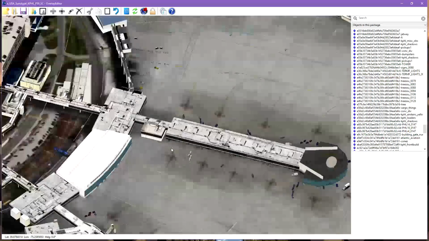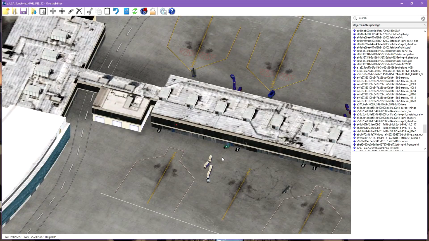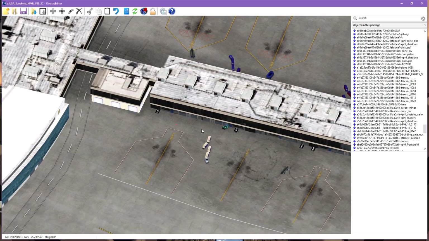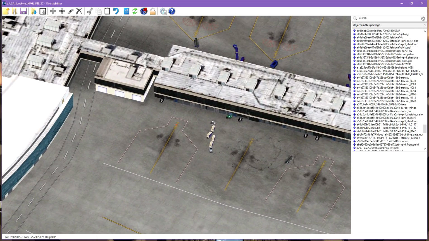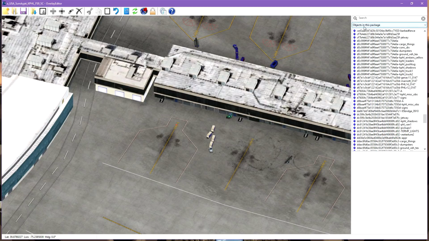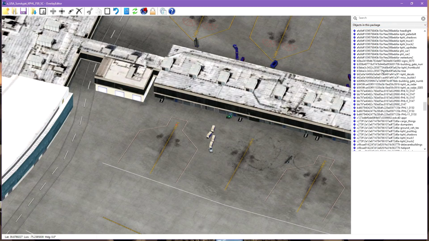So, how does Autogate work? Well, in this hybrid method that we're using, where we're going to use Overlay Editor and World Editor in conjunction with each other, this is how you do it. So the first thing is first, you will notice if we come over, this is the objects in the package scenery, because we loaded